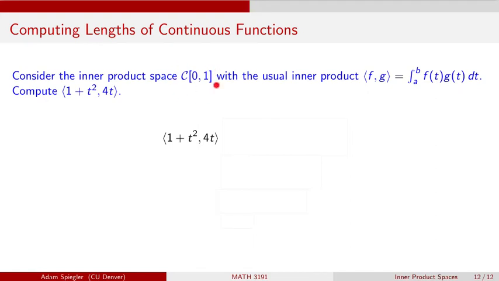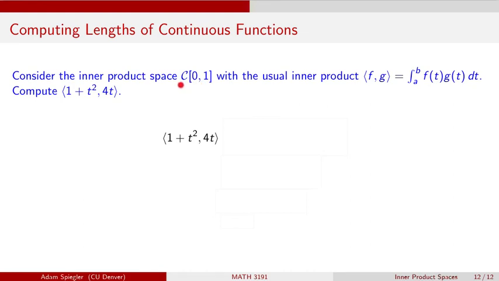And I should note that this function space, this vector space of continuous functions, is infinitely dimensional. So if we want to construct a basis for this vector space, we need an infinite number of elements in our basis. But that's another story. What we're asking here is, let me see whether the vector 1 plus t squared, is that orthogonal to the vector 4t? So both of these functions are continuous from 0 to 1,